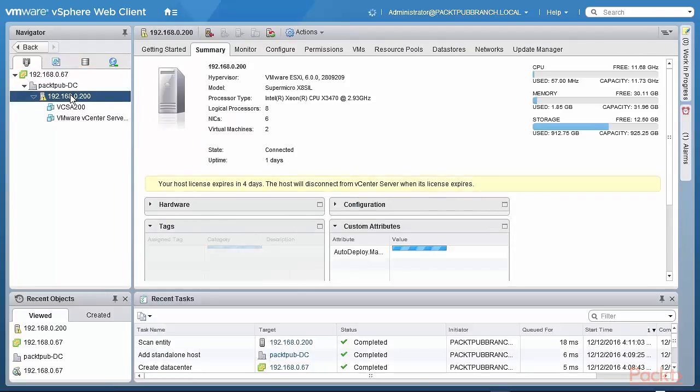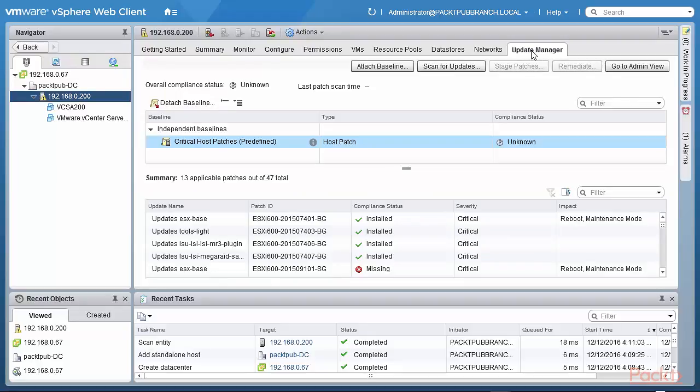So I go into 192.168.0.200. I click on update manager. What I want to do is to attach a baseline. A baseline simply means a simple set of patches or a level of compliance that is attached always to that ESXi host. So I'm going to attach a baseline